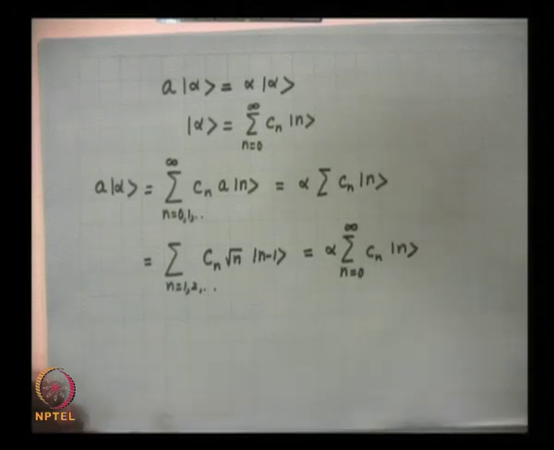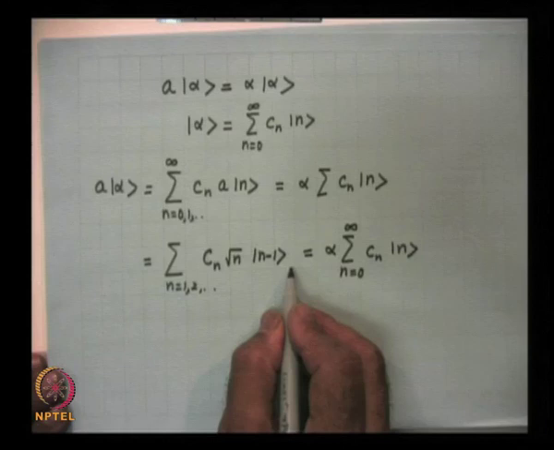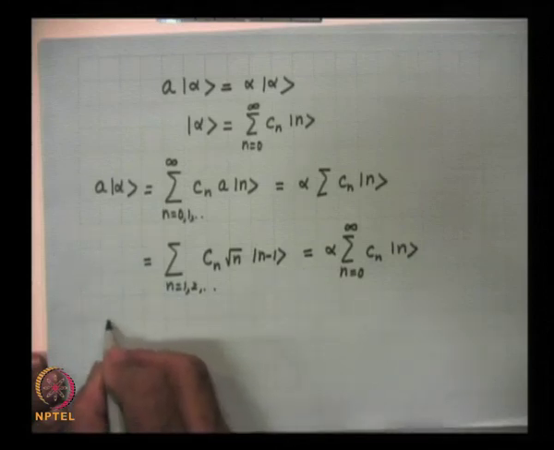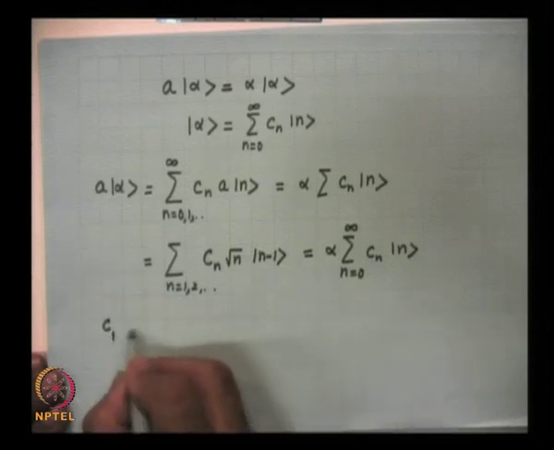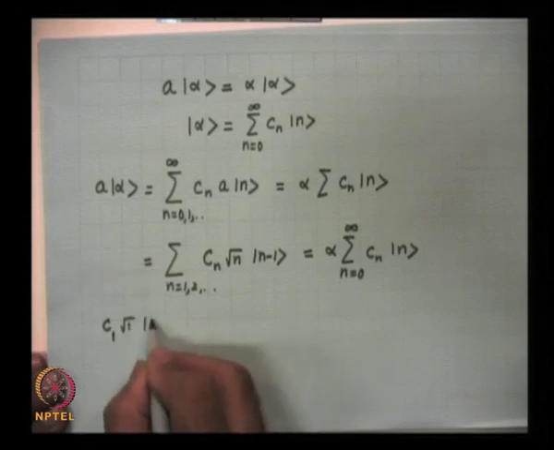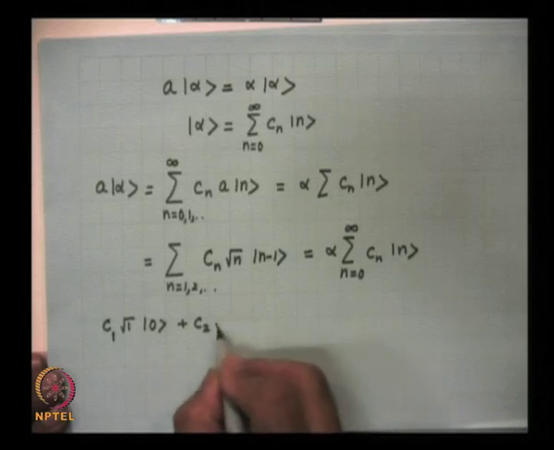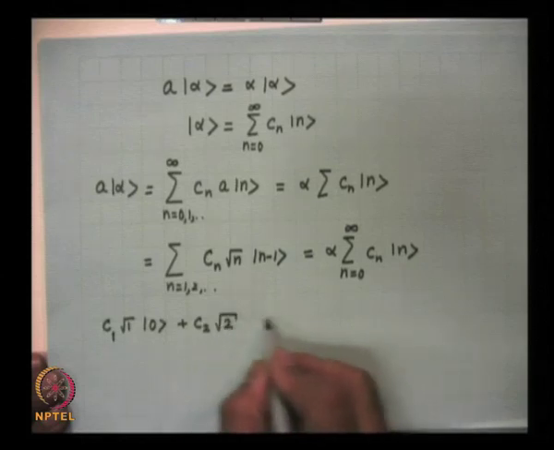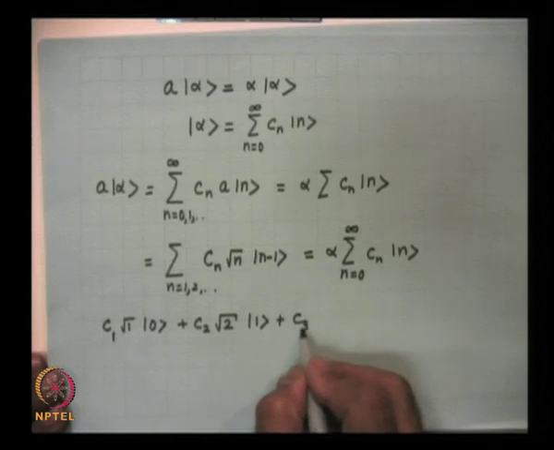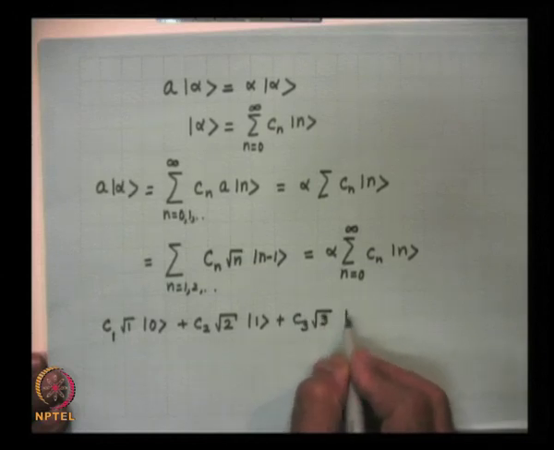Now let us expand this and write it out. So we get C 1 square root of 1 ket 0 plus C 2 square root of 2 ket 1 plus C 3 square root of 3 ket 2,